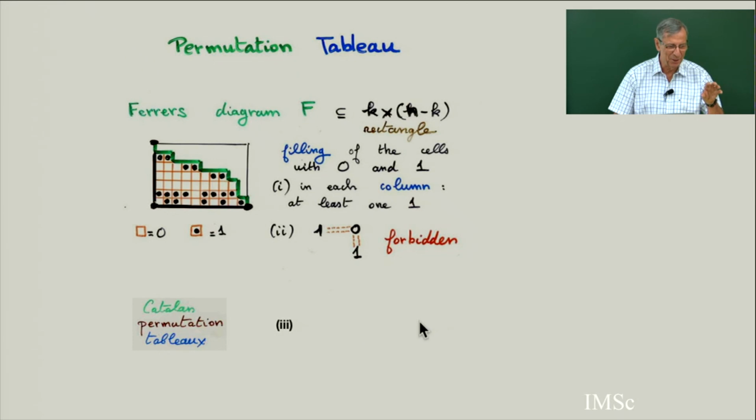I have no time this morning to write the condition, but the condition is that in each column there is only one black point. See, in the permutation tableau there may be several black points, at least one, but Catalan means there is only one. If there is more than one, the other black points are called superfluous. You don't need them to get a Catalan tableau. In fact, the superfluous ones, which are in more than one, are going to be related to the q analog, the q parameter. So here q equals 0, there is only one black point in each column.